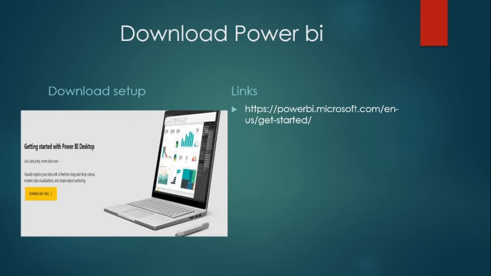So this is the downloadable link. You can just copy that link. Otherwise, you can directly visit the Microsoft website and search for Power BI Desktop. You will find the Power BI free version available on the Microsoft site. I will also post this link in the description box, so if you want to download it directly, you can just click on it and it will redirect to here.